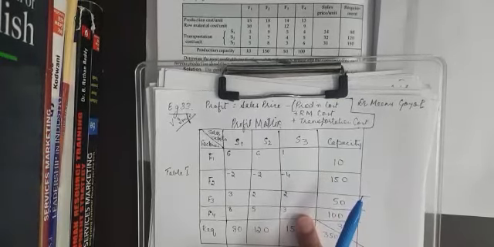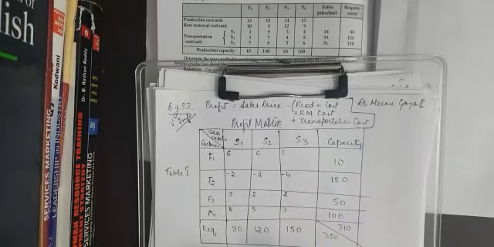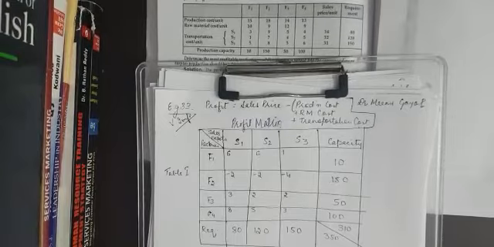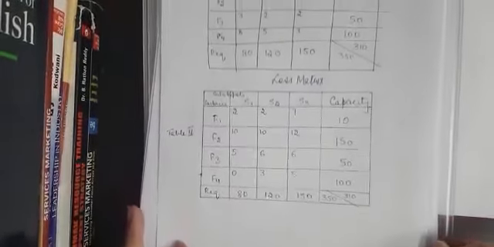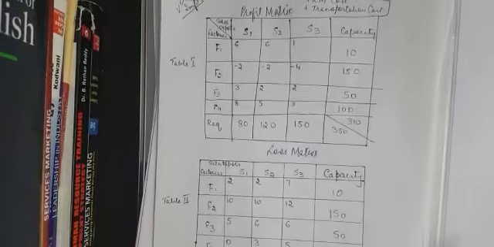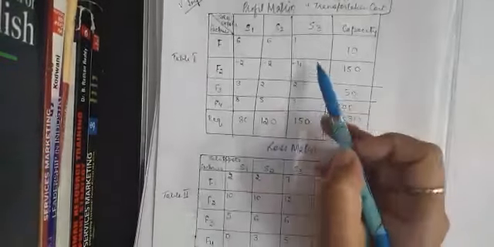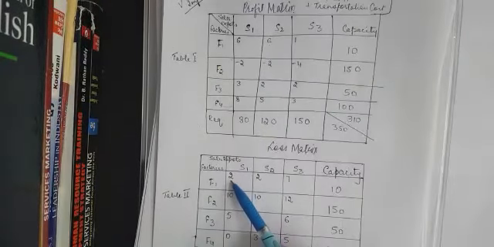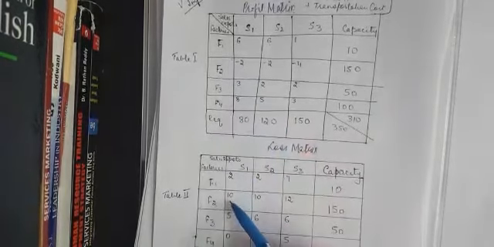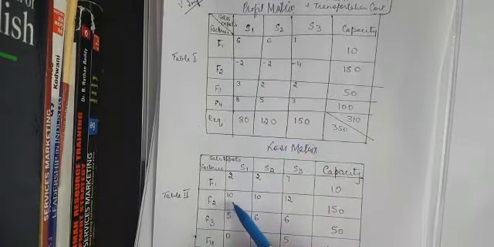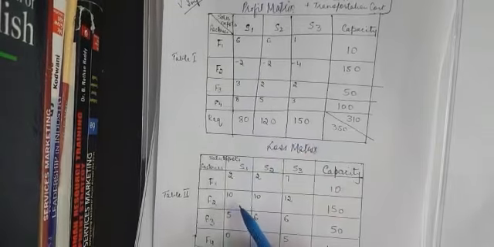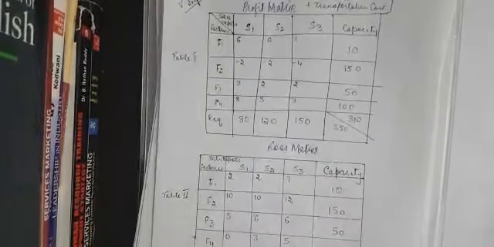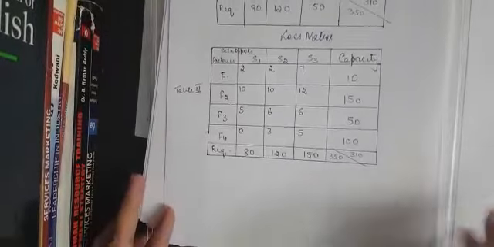Now the transportation problem could be applied only on a minimization problem. So we require a loss matrix, that is, subtracting all the elements from the highest element of the profit matrix. The highest element in the profit matrix is 8. 8 minus 6 is 2. 8 minus minus 2 is 10. The point over here is you don't have to ignore the minus sign where it is 8 minus minus 2. So this is the loss matrix which I have derived.